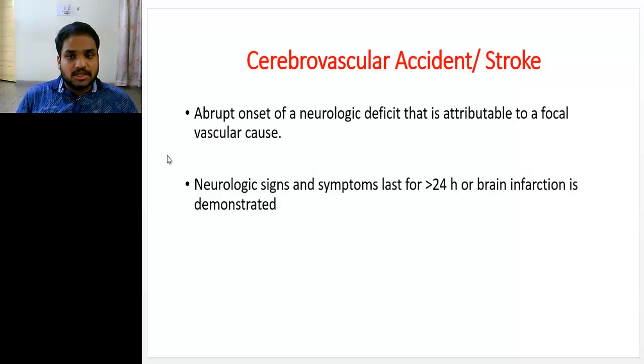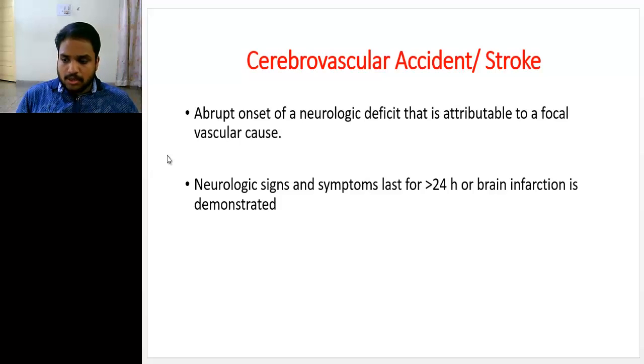This is the definition that is given in the 19th edition of Harrison. Stroke is the abrupt onset of a neurological deficit that is attributable to a focal vascular cause. And the neurological signs and symptoms last for more than 24 hours, or the brain infarction can be demonstrated on imaging. When there is a reduction in the blood flow to the brain, cerebral ischemia will develop,